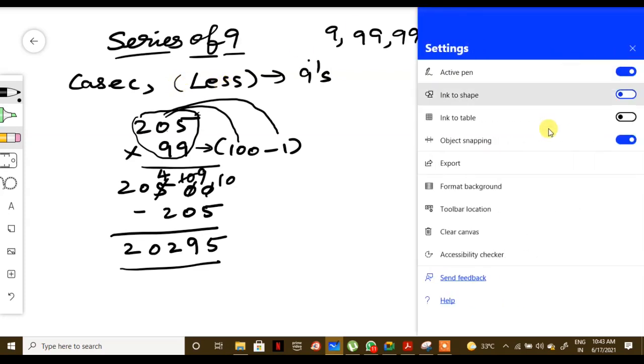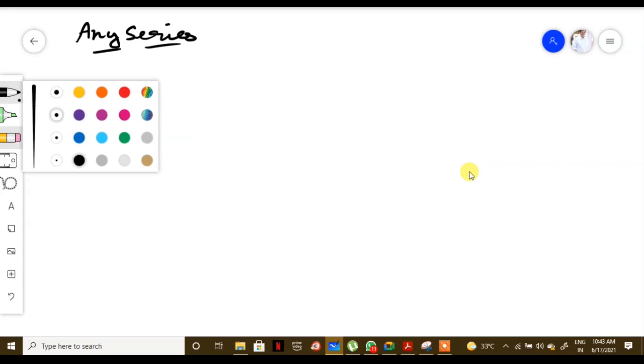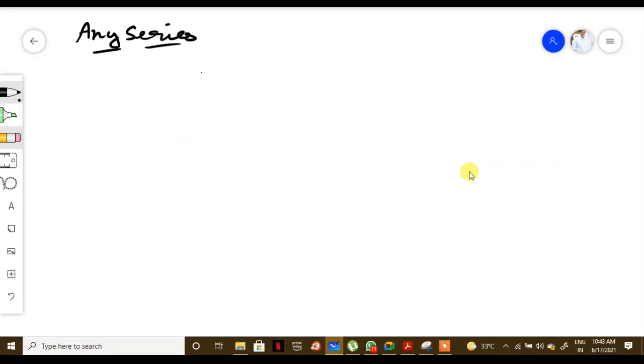We can even generally have how to solve this one for any series of numbers. So now we deal with any series. How we can change any sum into this method, triple nine and triple one or double one, series of 1 or series of 9, and we can solve these sums very easily. Before that, I want to explain you some of the things here.